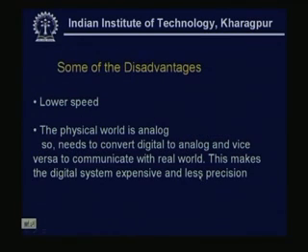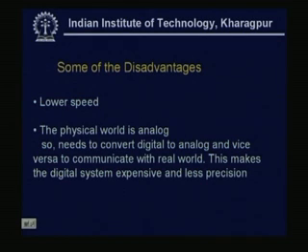Now, not all are advantages, some disadvantages are there. One thing is lower speed. If we use analog, though analog has many other disadvantages, we will not discuss that because our main concern is the digital system. Analog is very fast, whereas the digital speed is lower. And another thing, this is not exactly a disadvantage, but it is a costly venture, and